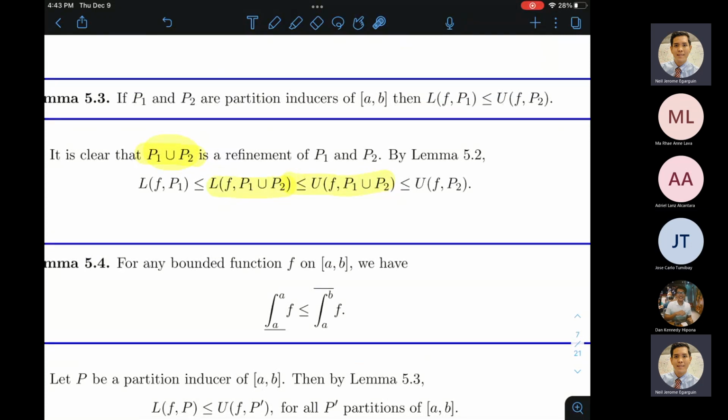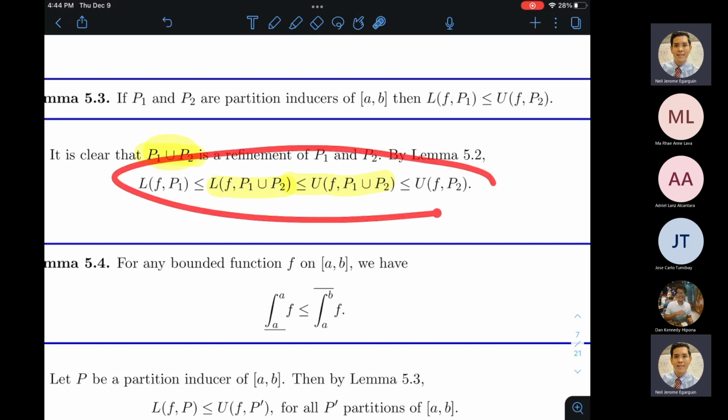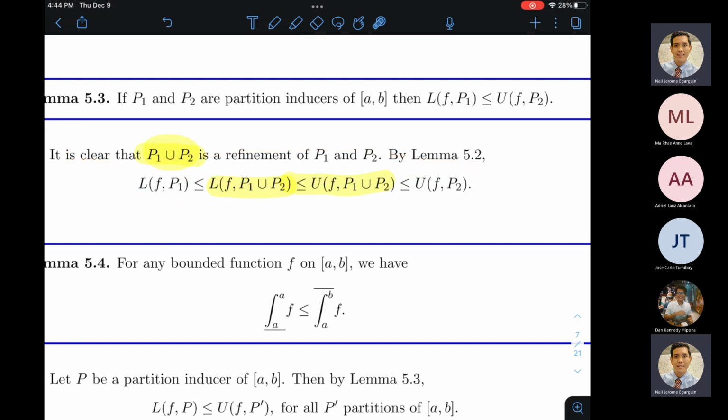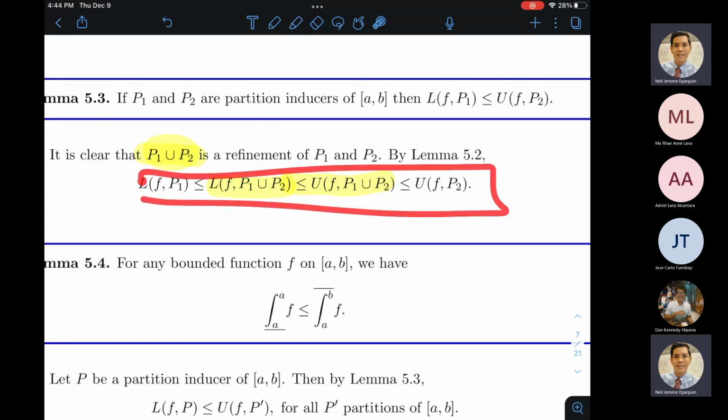Alright. Kaya mas maganda sana kung sinulat ko pala yung proof from scratch, no? Kasi kung sinulat ko yung proof from scratch, dito ka mag-start. Sabihin ko from Lemma 5.1, yung lower Riemann sum ay mas maliit sa upper Riemann sum provided parehas yung partition inducer nila. Tapos unti-unti kong i-build up galing sa Lemma 5.2 na, ay oo nga, ito ay mas maliit kasi refinement ni P1 si P1 union P2. And similarly for the other thing. Siguro it's a nice practice na rin na pag nagbabasa kayo ng proof, maganda yung comment ni Carlo na though one-liner yung proof, kung isipin nyo, ito ay mga ano lang yan. It is basically a one-liner proof.